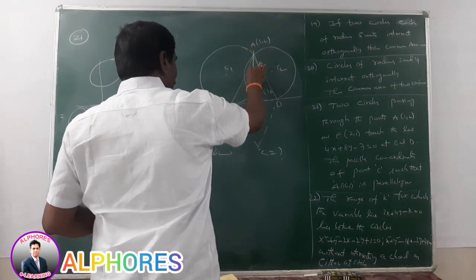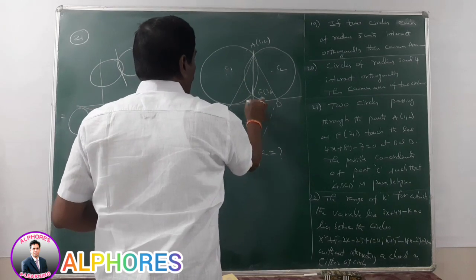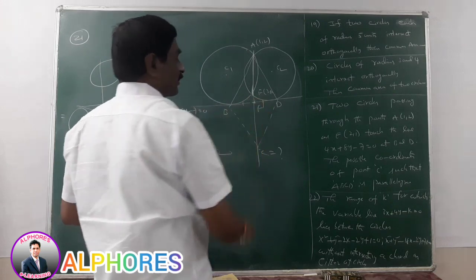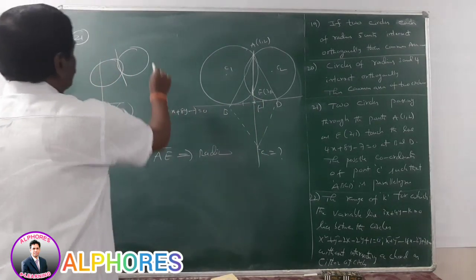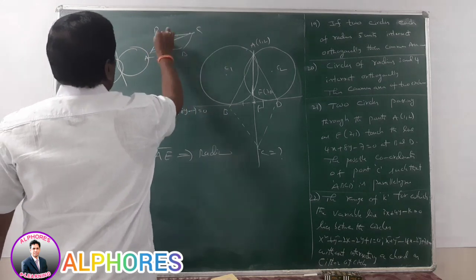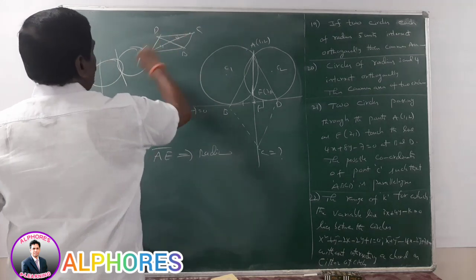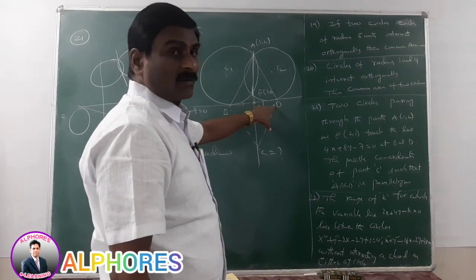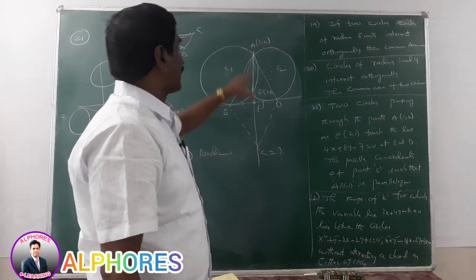Suppose we extend this line; it bisects BD into two equal parts. Say this is F. This is divided into two equal parts. In a parallelogram, what is the condition? Suppose ABCD is a parallelogram. Diagonals bisect each other. Midpoint of AC is equal to midpoint of BD. Here, midpoint of BD is equal to midpoint of AC. Then it must be a parallelogram.